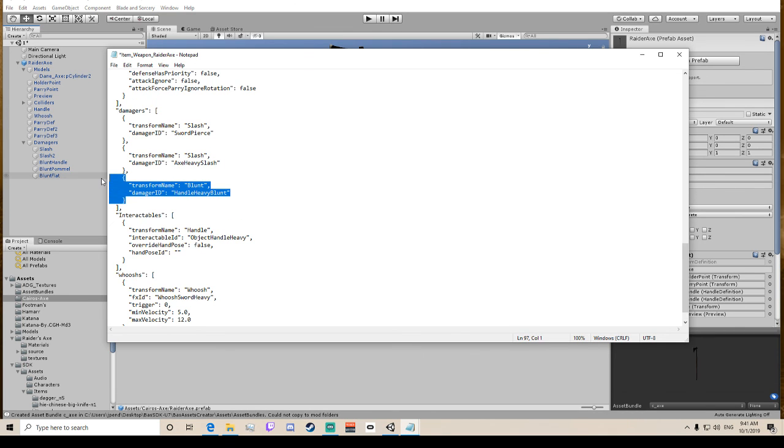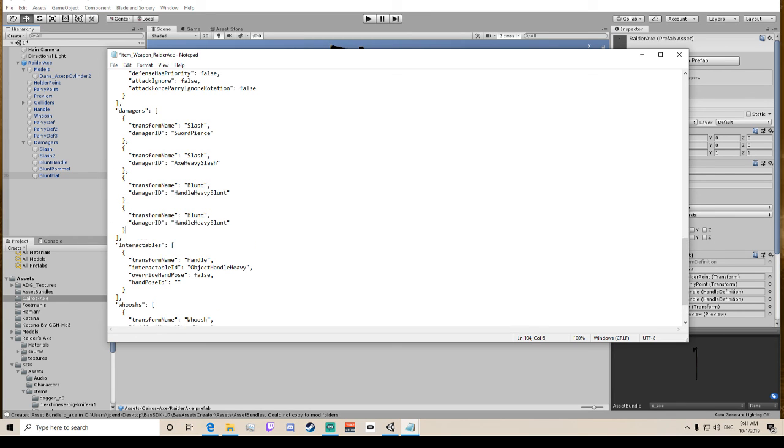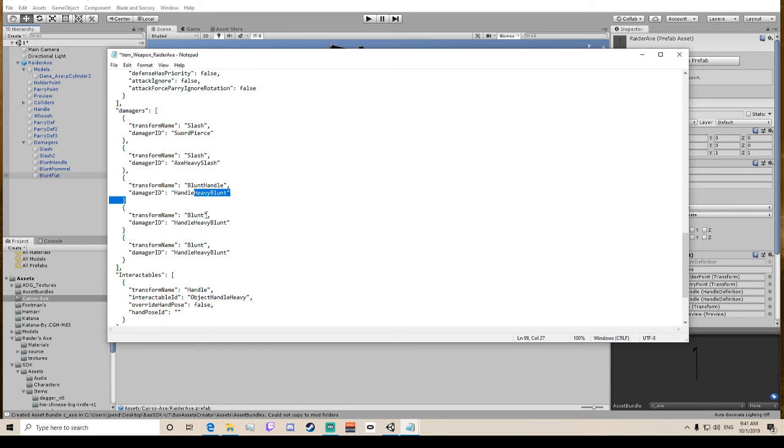So now we're going to copy this. We're going to paste 2 of them. Transform name, we got blunt handle. That'll stay the same, the damager ID. We got blunt pommel. And we got blunt flat. And then these are both going to be heavy, or axe heavy slash for me. If you're going to do sword slash,